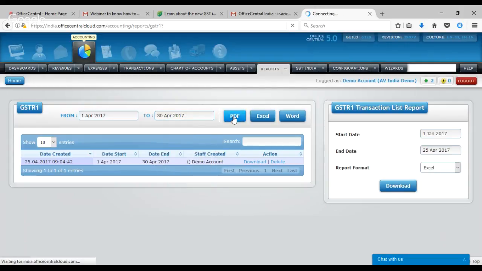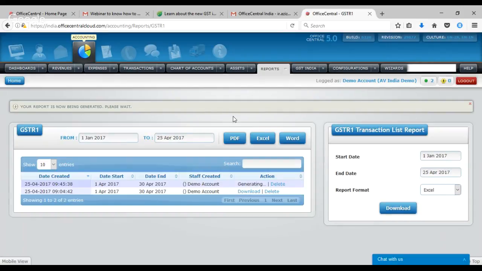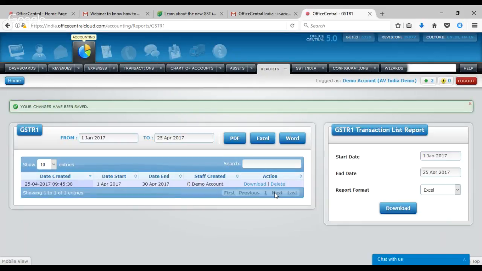Okay, and then click the report. And then now the system is generating the report for the GSTR1 for April. Of course, you can see that in the previous webinar, we have generated another report. In real life, you should delete the report that is not correct. So you can delete the previous report. So now you are just waiting for the new report. So you can download,